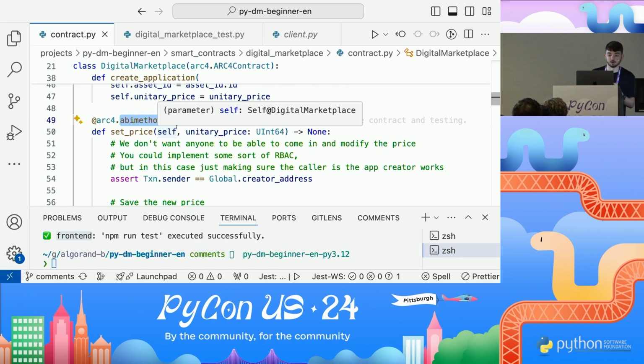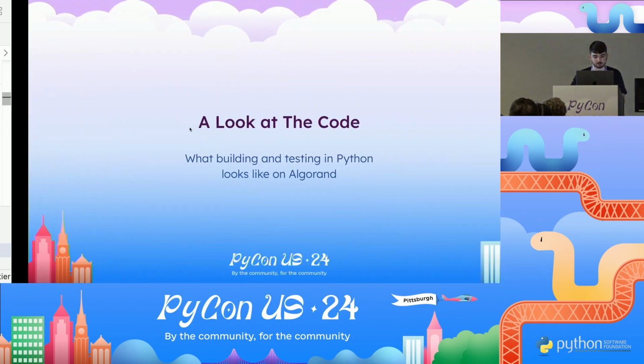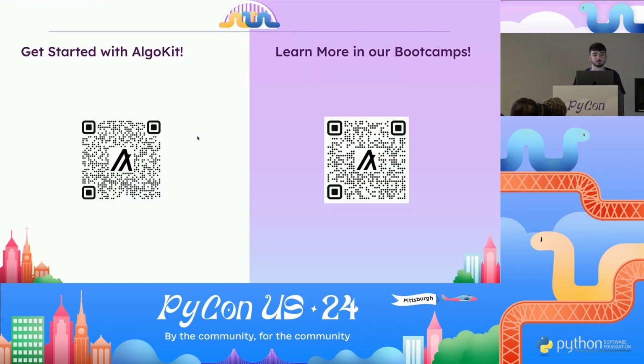Now, I know this was a pretty quick run through of what Algorand on Python looks like, and there's definitely a lot more to learn. So if you are interested in learning more, we have 2 QR codes. The Get Started with AlgoKit QR code is if you are interested in how to install AlgoKit. It's pretty simple. It's just a pipx install AlgoKit. And that will allow you to get that CLI tool and start creating projects, developing contracts, testing contracts, and